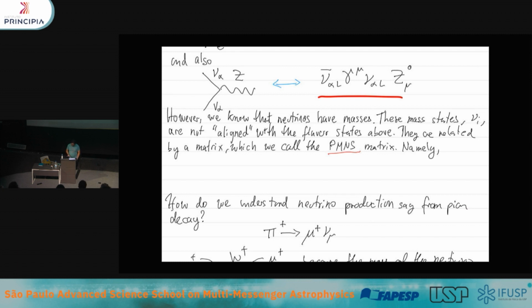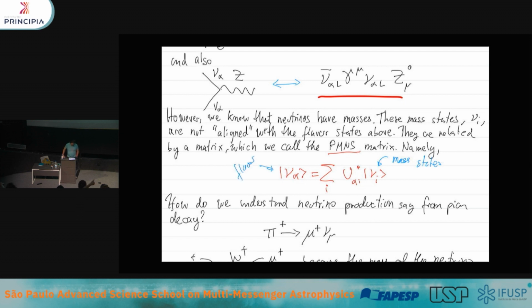And we denote the flavor states typically as just nu alpha, where alpha denotes the flavor index. And our convention is that these flavor states are going to be some kind of superposition, a sum over the mass states, which I'm going to denote by nu i. And the fact that I'm using this matrix as a complex conjugate is just conventional in nature. So these are going to be my mass states, and these are going to be my flavor states.